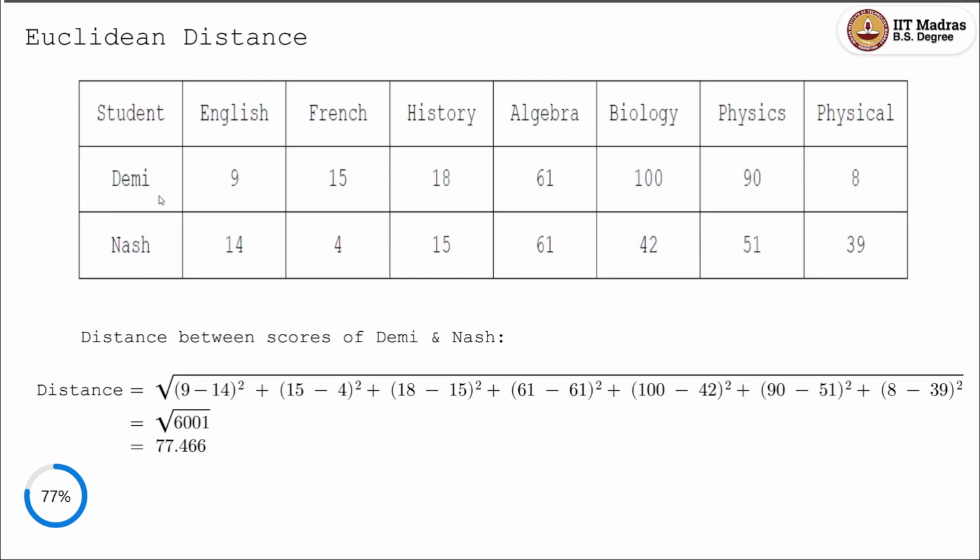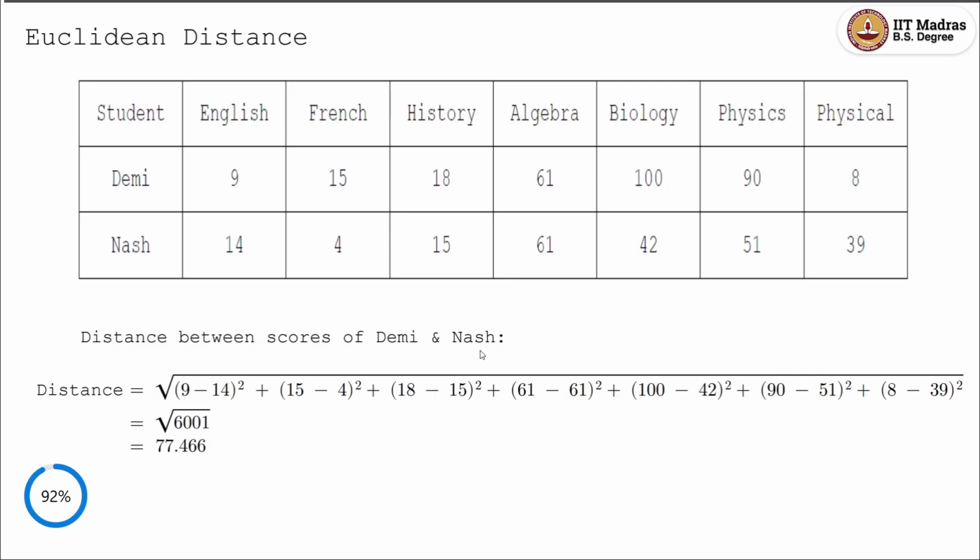So to calculate the distance between these two, we will again do (9 minus 14) the whole square plus (15 minus 4) the whole square and so on all the way until (8 minus 39) the whole square. This calculation is similar to what we have already seen using (x1 minus x2) the whole square plus (y1 minus y2) the whole square and so on. And finally, we take the square root. This way we get the value 77.466 in this case, and that happens to be the distance between the scores